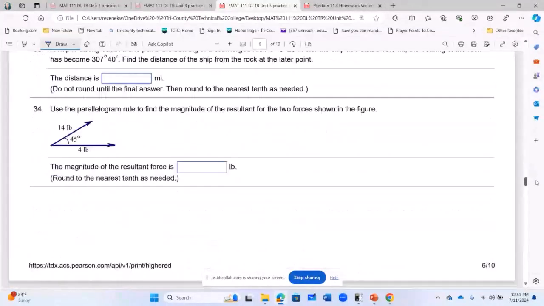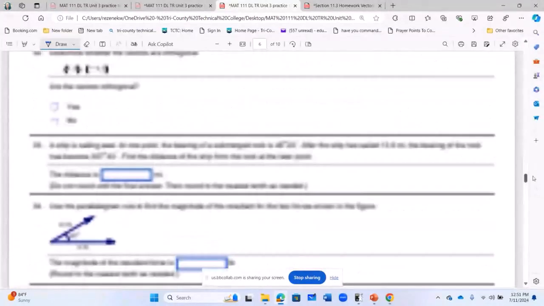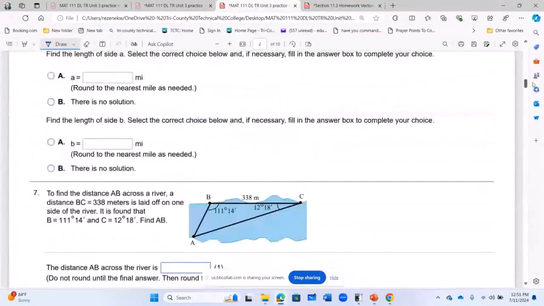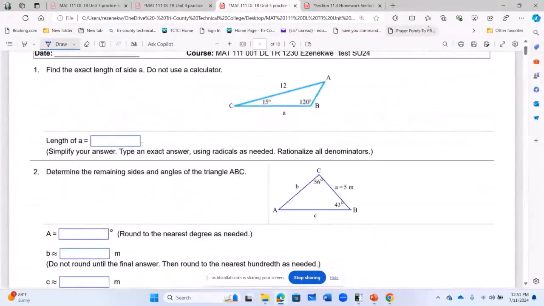Let's see if there's any one that looks like that again. Okay, I think we have done enough of that. Okay, so the next question is